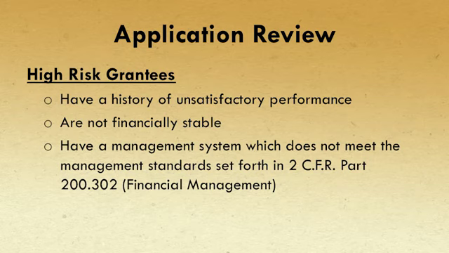The financial integrity review may lead to an applicant being placed on the DOJ high-risk list. Applicants can be placed on this list for reasons such as history of unsatisfactory performance, not meeting program goals and objectives, not being financially stable, having a financial management system that does not meet the standards set forth in 2 CFR Part 200.302,